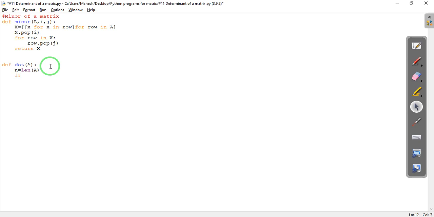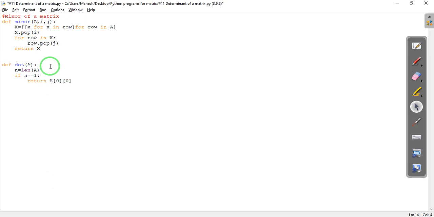So if n is equal to 1, then of course we know what is the value of the determinant. So we will say return what we want to have. We will have the first row first column entry of the value of a, and that is nothing but return a, the 0 row 0 column, because in Python 0 means 1.